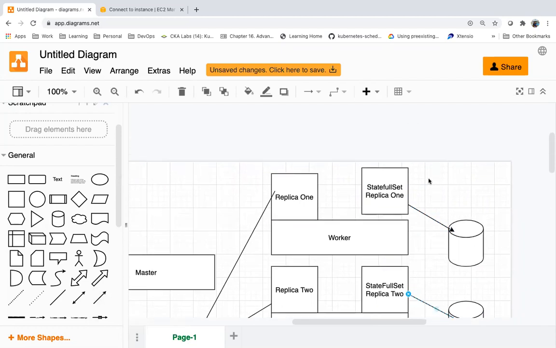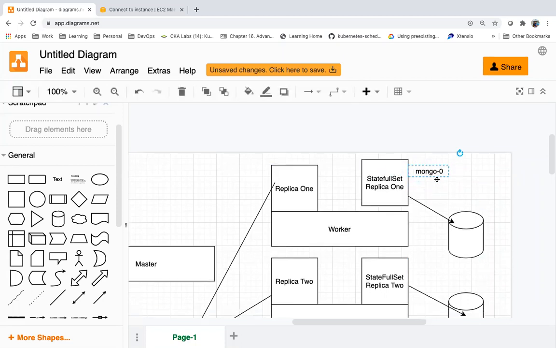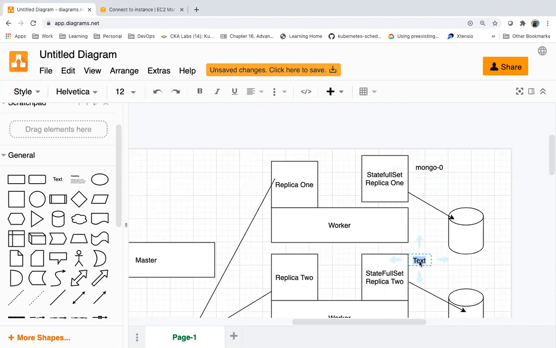Suppose the stateful set name is Mongo. You will get a unique name: Mongo-0, the host name, the pod name, and then Mongo-1.